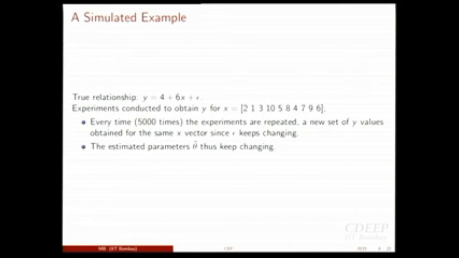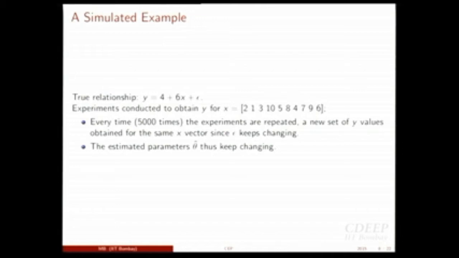So essentially I am going to repeat the experiment 5000 times. What does it mean, 5000 times? I will have 5000 sets of y for these values of x. This part will take the same set of values. For x equal to 2, this part will be 4 plus 12, 16. For x equal to 1, it will be something else. This part will remain fixed for all those 5000 times, but because of this epsilon, what you are going to measure will keep on changing. So you have 5000 data sets, each data set consisting of 10 observations, fine.